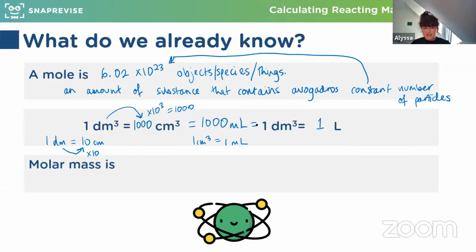Okay. Finally, this term molar mass is one that I will try to use mostly. Instead of using terms like relative atomic mass or molecular mass, I'm going to try to use this term molar mass because it is more of a catch-all, general term, which is much better to use because then we don't make any mistakes with the terms that we're using. So molar mass, I'm going to use a fair amount.